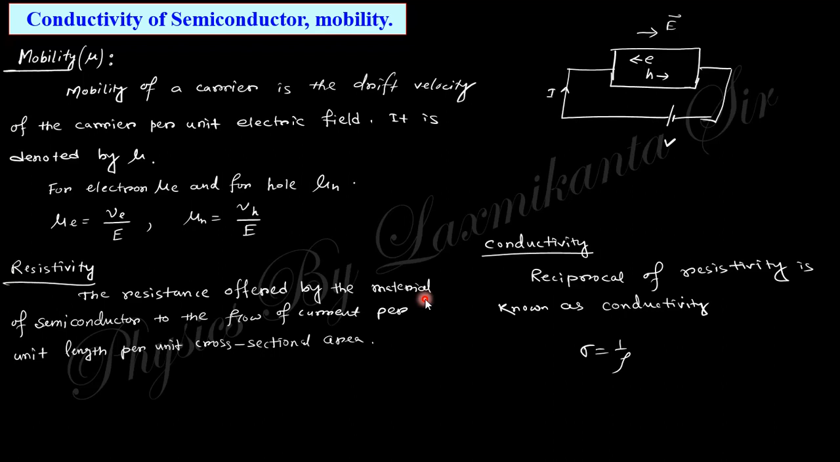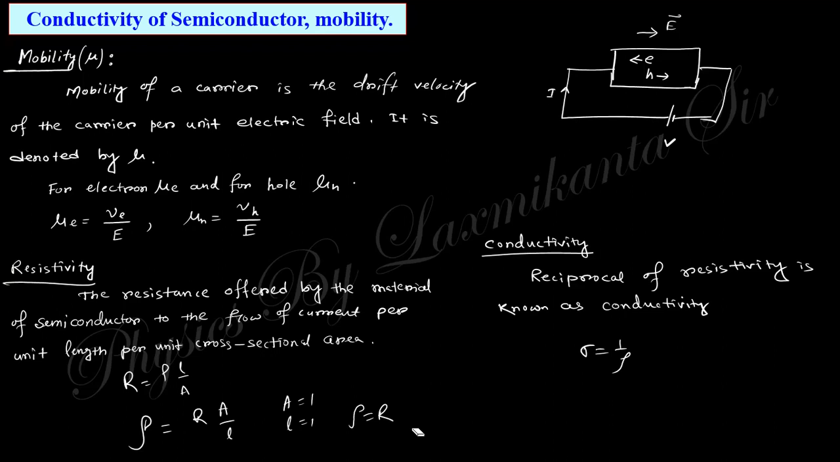You know this relation very well: R equals rho L by A. So rho is nothing but R A by L. If you put A equals 1 and L equals 1, then rho equals R. So this is the definition of resistivity, that is, the resistance offered by a cube of unit